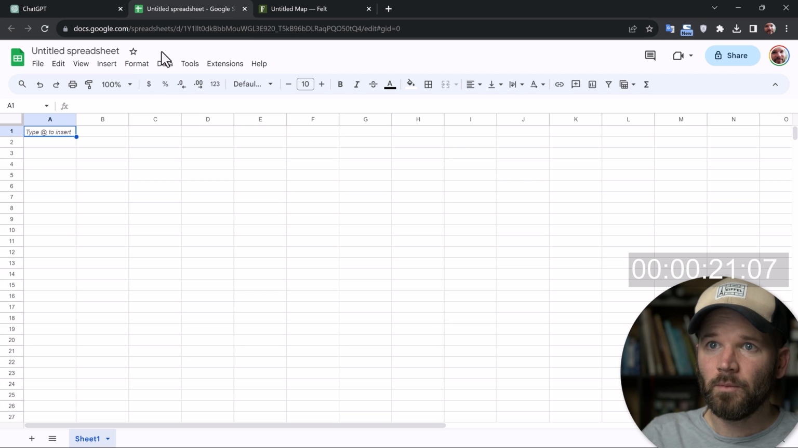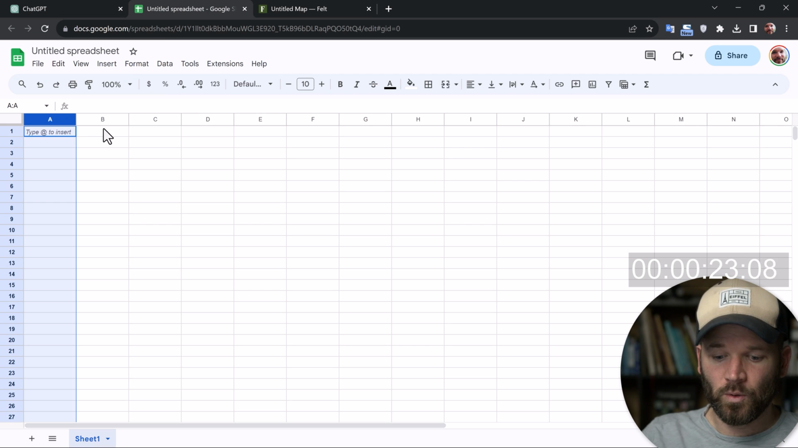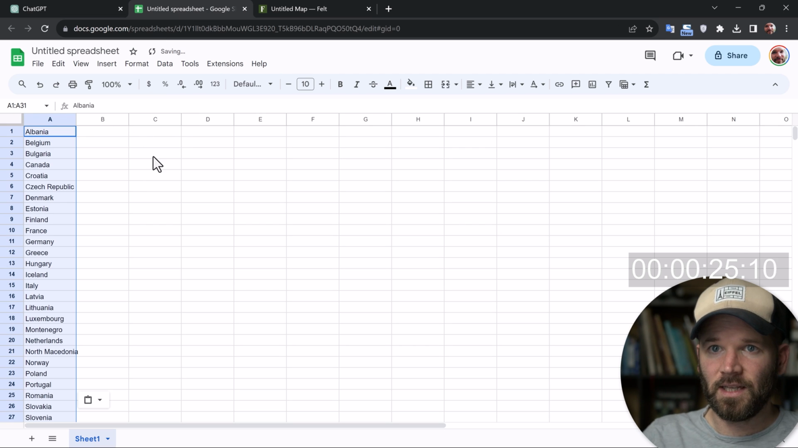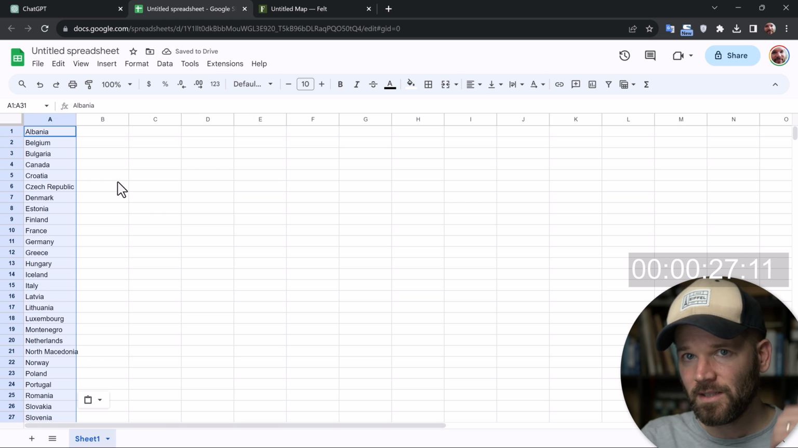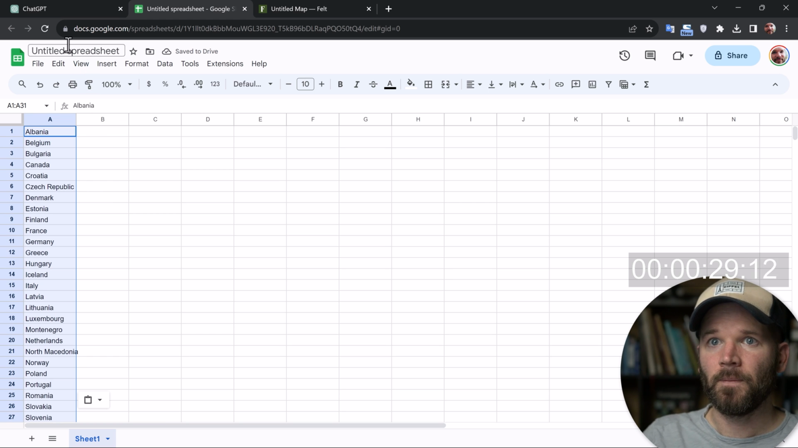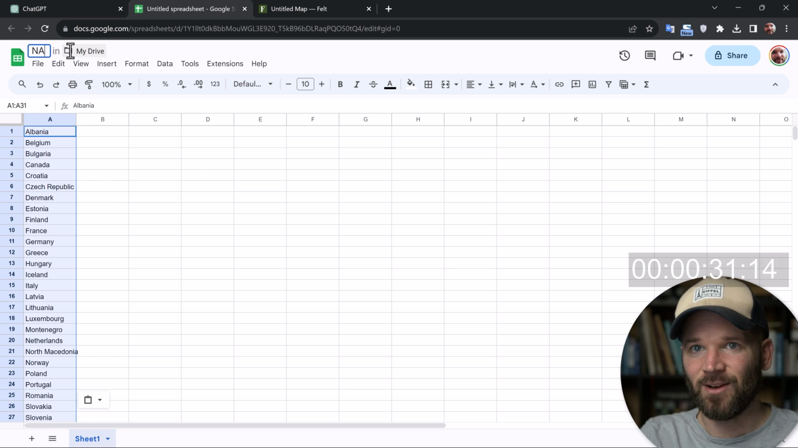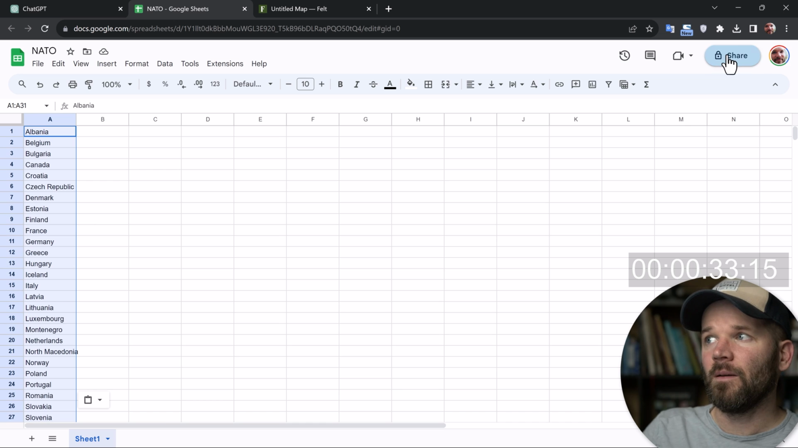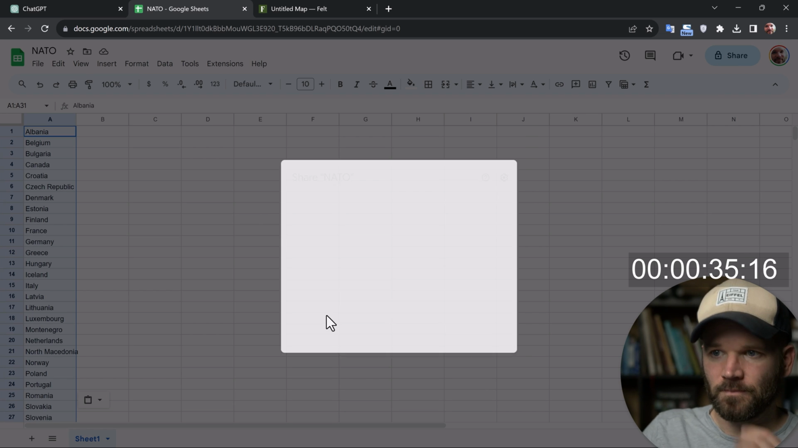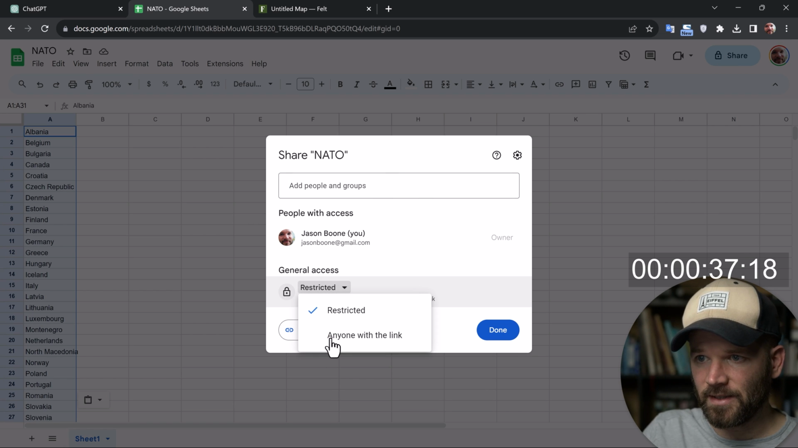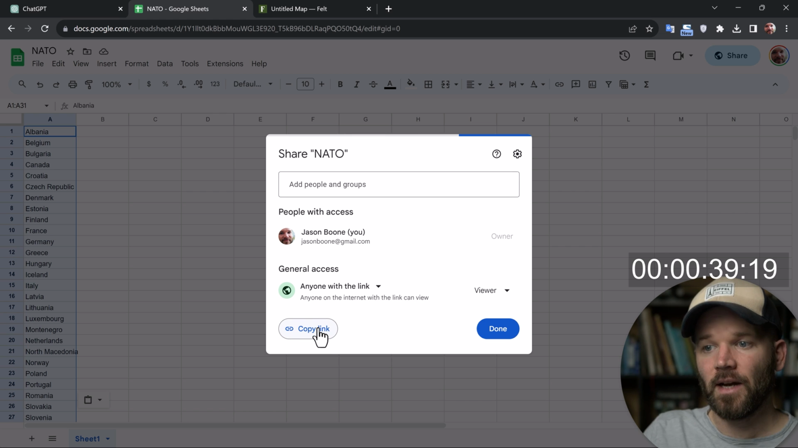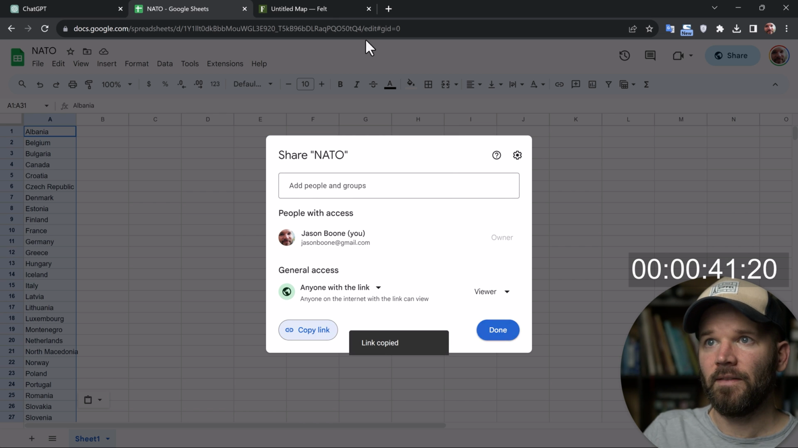Copy. Now I'll come over to my spreadsheet and I'm going to hold Control or Command Shift and then hit V to paste that in. So now I just have a column of country names. I will rename this spreadsheet NATO. Come over, hit the share button. Make sure you switch the general access to anyone with the link, copy the link, and then come over to